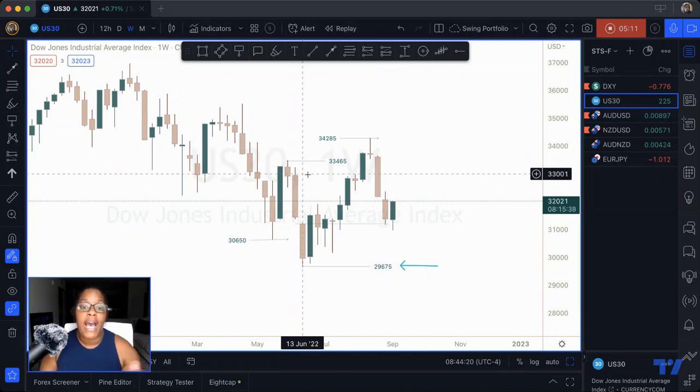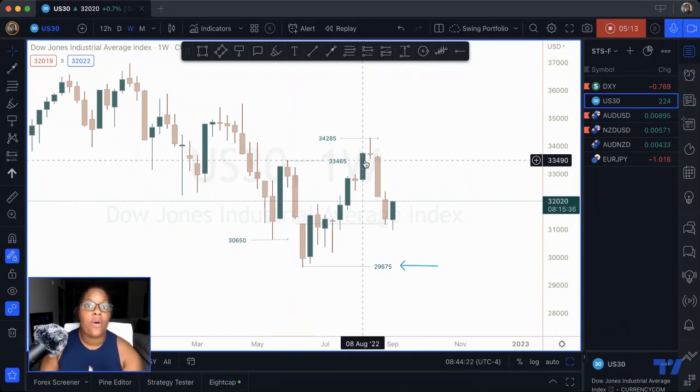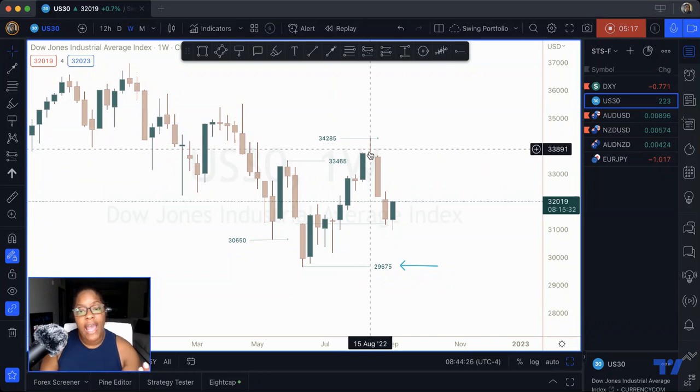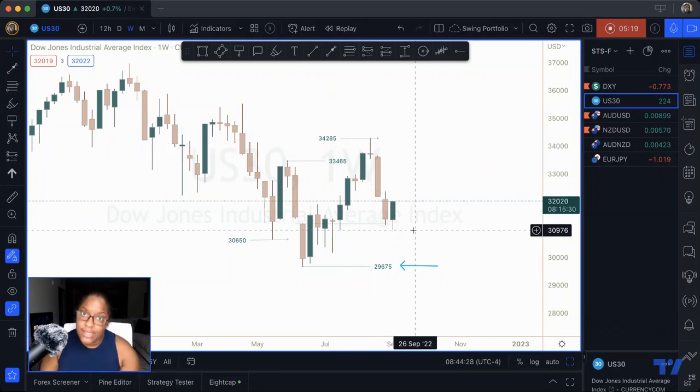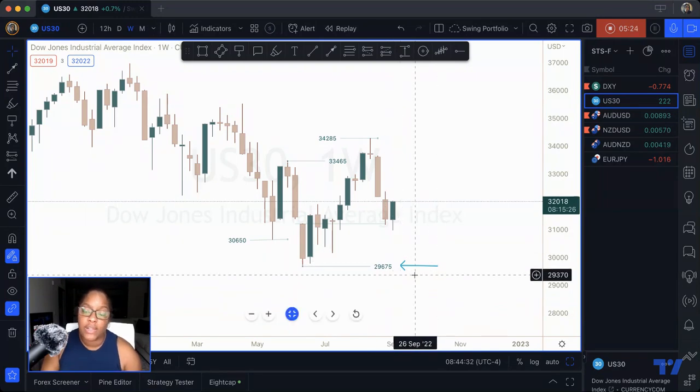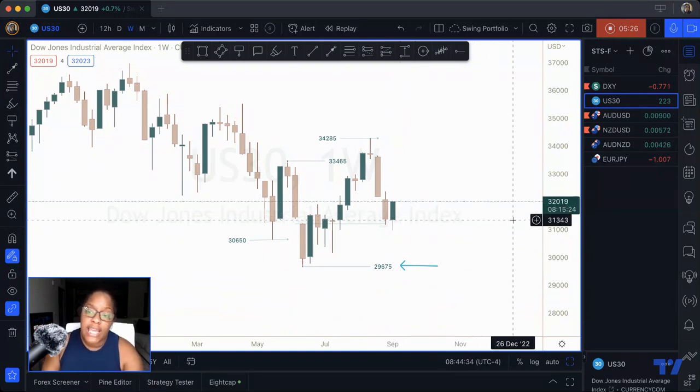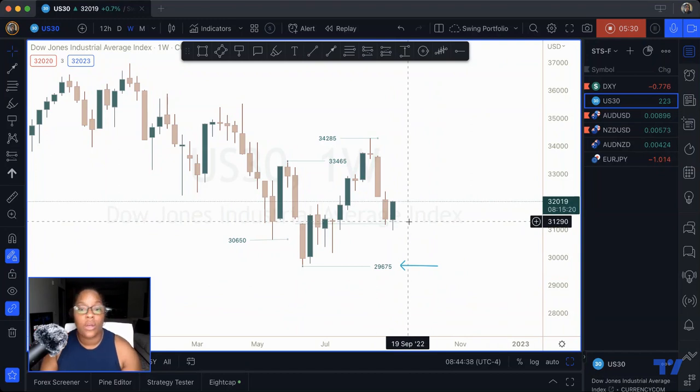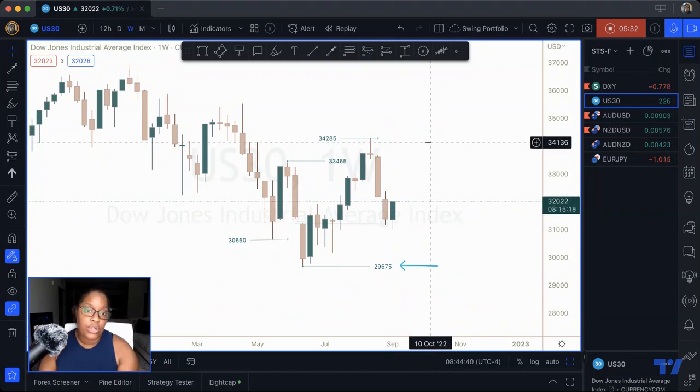When the highest value is now pushed past, and now that we got the highest value, this is the pullback. Now this is the correction and the retracement. So as long as price stays above 29,674, and this candlestick still has 8 hours and 15 seconds left, depending on how this candlestick closes, we may see price actually push back up to 34,285.